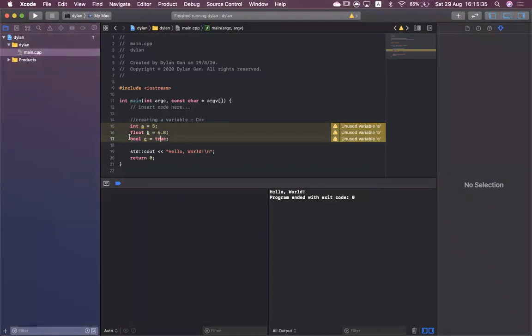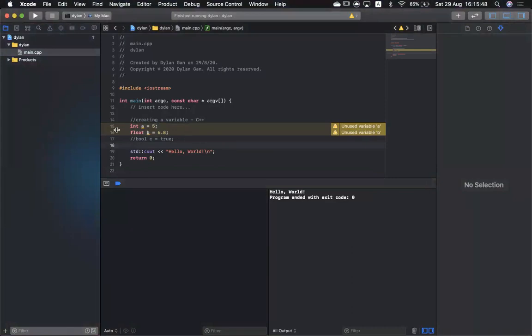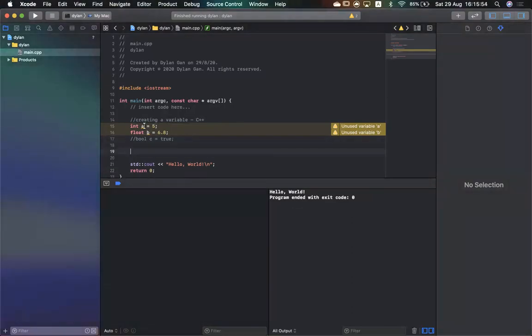For this one we'll just comment it out first. Right now we are not going into the details of how to create different types of variables. What I need to show you is how we use expressions within C++ in real coding, because right now I need to show you how real coding actually works. So in expressions,